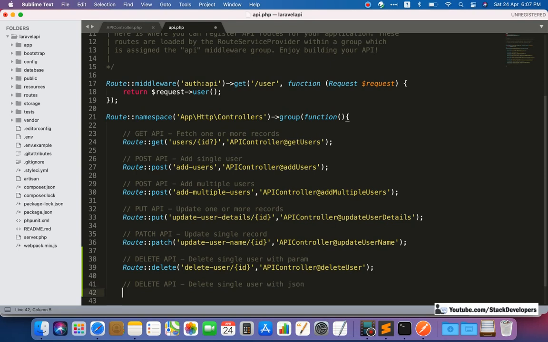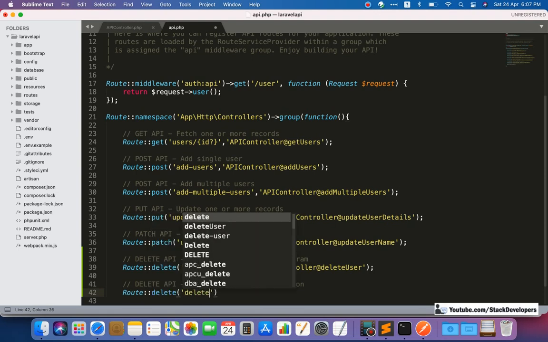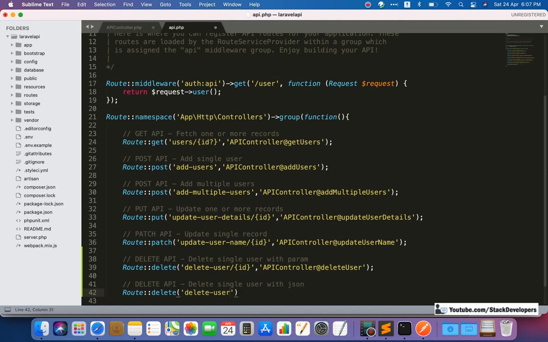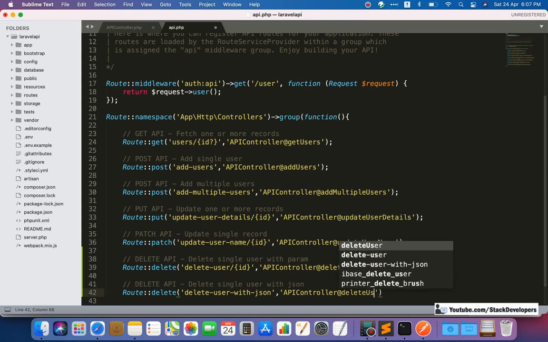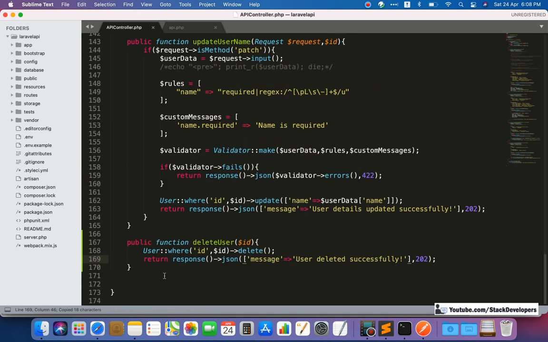So here we will once again route delete, and we are going to use delete user with JSON. We are going to use the API controller, and here we are going to make delete user with JSON like this.